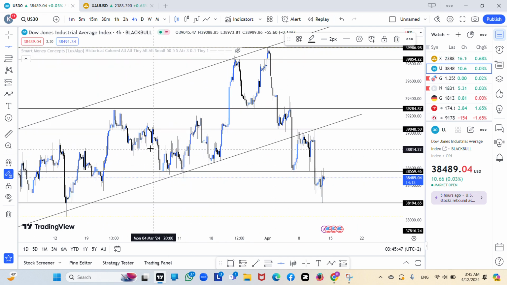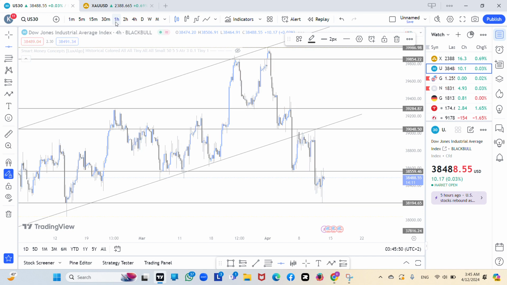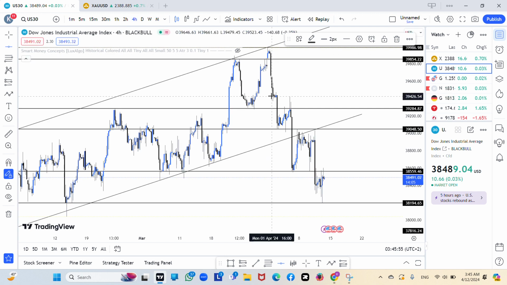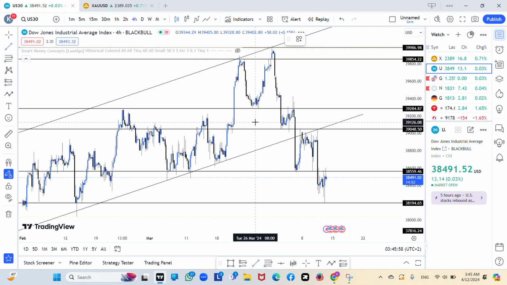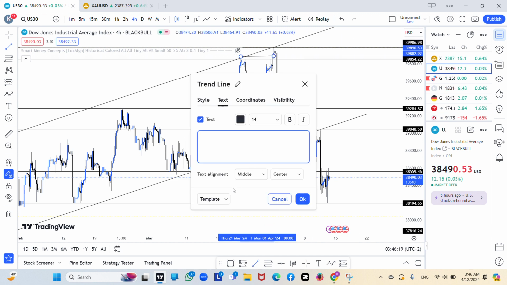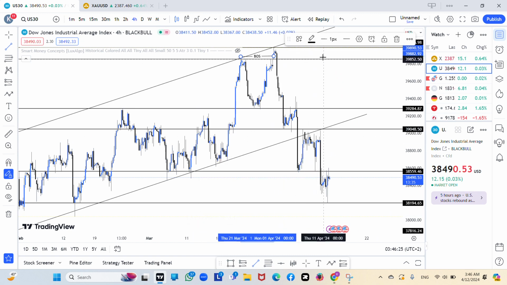Okay, so let's go to the 1 hour time frame, guys. In fact, now I forgot something in the 4 hour time frame. So you can see, guys, that prices were trending up, meaning prices were making higher highs and higher lows. Prices were breaking resistance and respecting support. So we had here a break of structure, guys. Right there, and then prices